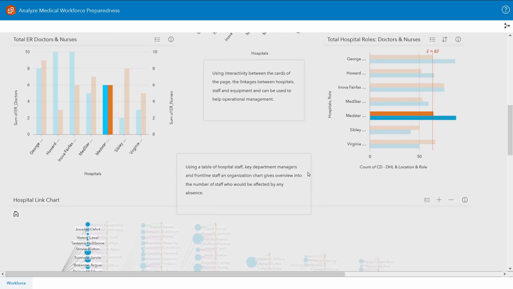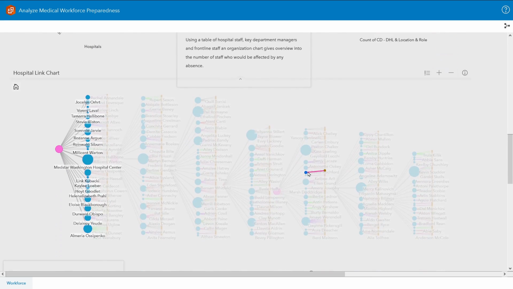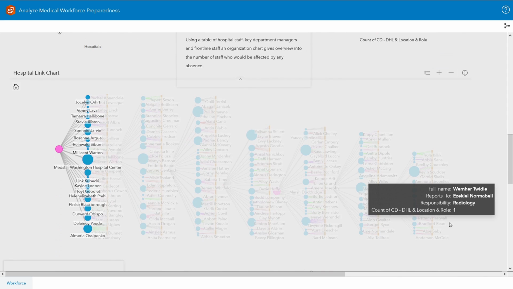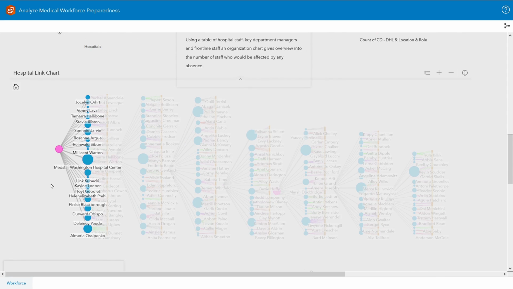Further down, there's another link analysis that maps out the connection between the different staff in the hospital. That way, it is easy to keep an overview of how many people are working in which hospital, in which department, and what might be the close contact in case of an infection of one of the healthcare workers. This form of contact tracing is important to keep crucial infrastructure running and the workforce healthy.